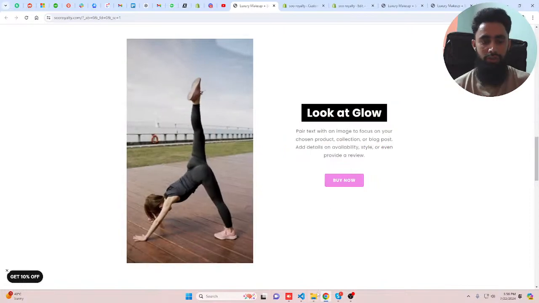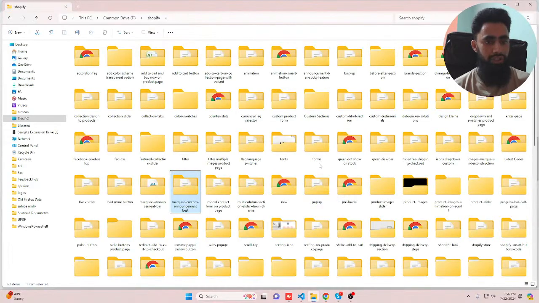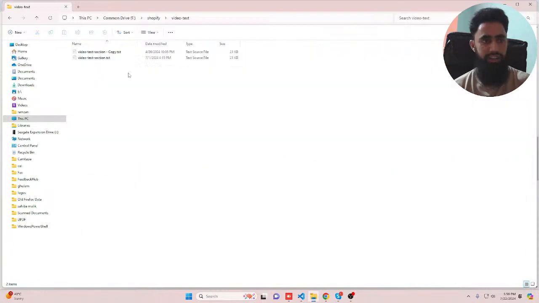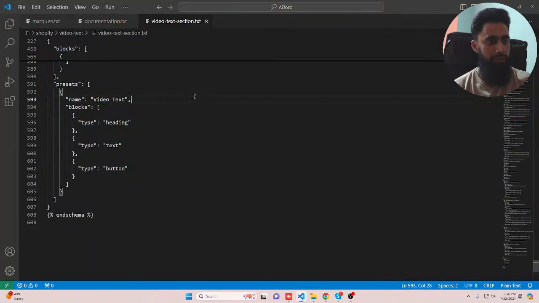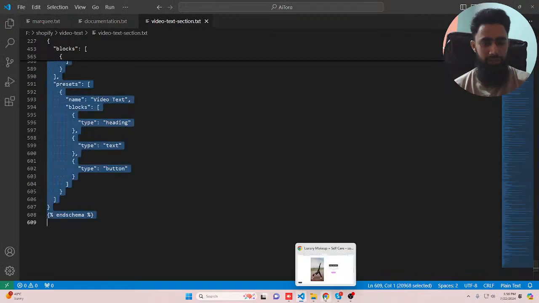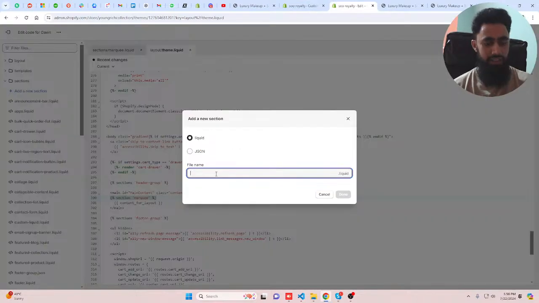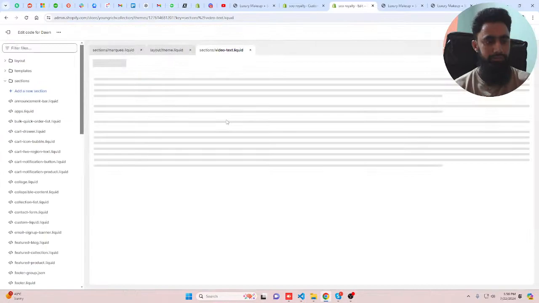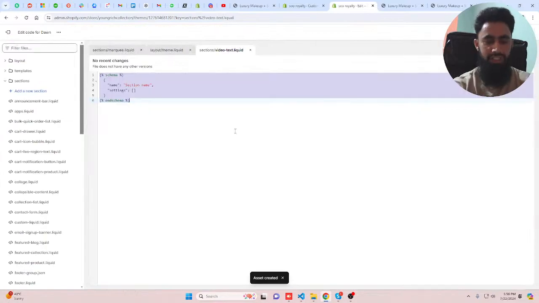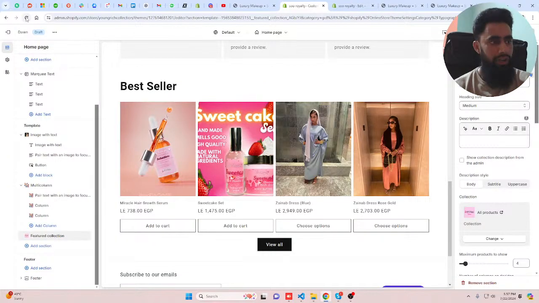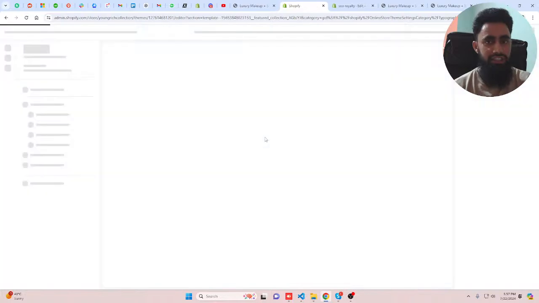So I have already written a code for text and video. So wait a minute, video and text. So let me copy this complete section from here and go back to the code, and here we are interested to click on add a new section, and here we need to write video dash text. Click on done. Then after, you should select it and paste that code. Click on save, and you need to refresh this page again so that the video and text will be appearing here. Okay,